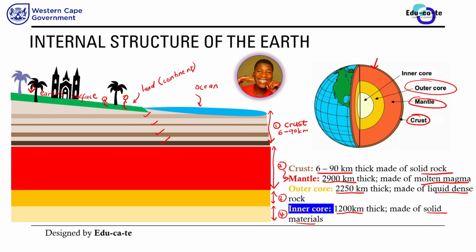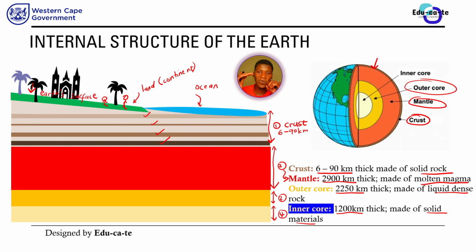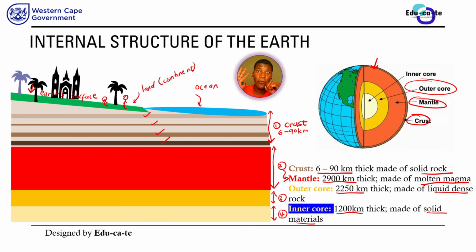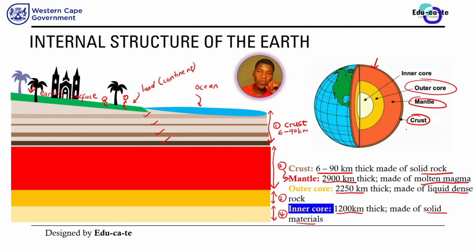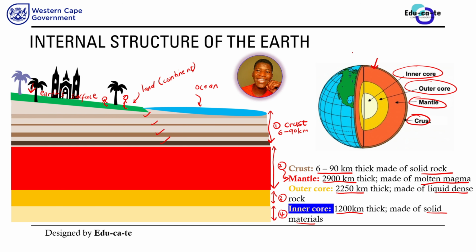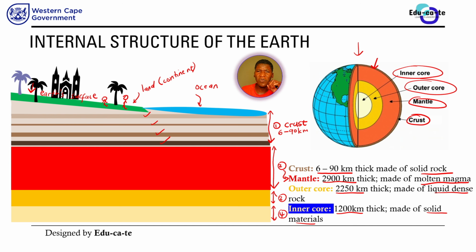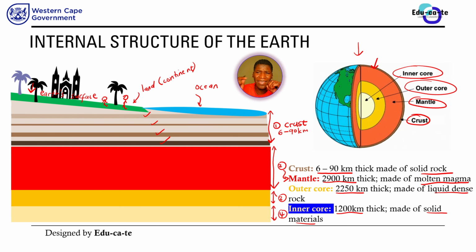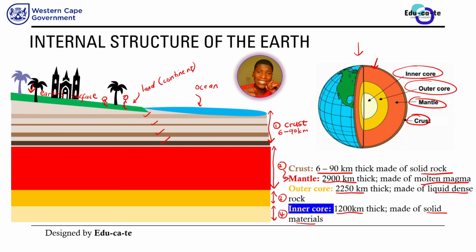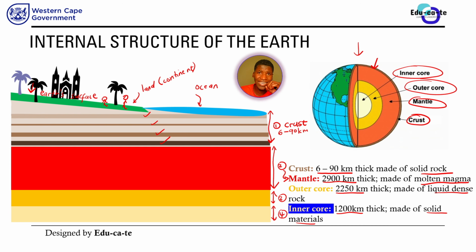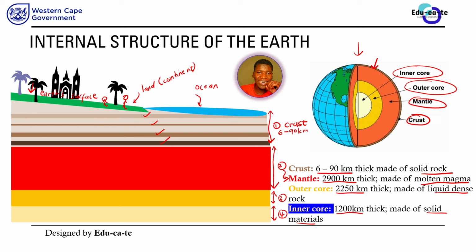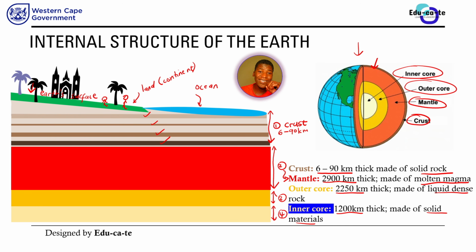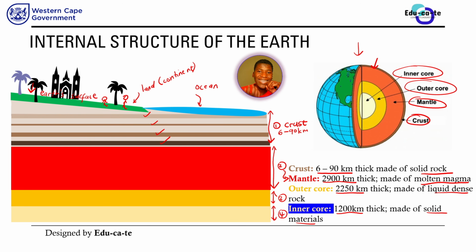So basically, these are the layers that we have. We've got four layers that make up the internal structure of the earth. So when you see such a diagram in an exam, the earth's diagram, do not be confused. Why is there a mantle? What is the mantle? It is just what you find if you continue digging under the ground. We are living on the crust. And if you continue digging down the crust, you will reach the mantle, which consists of a liquid known as molten magma.